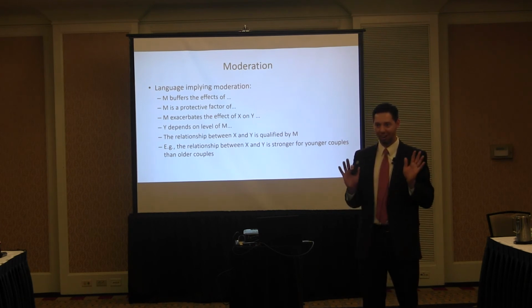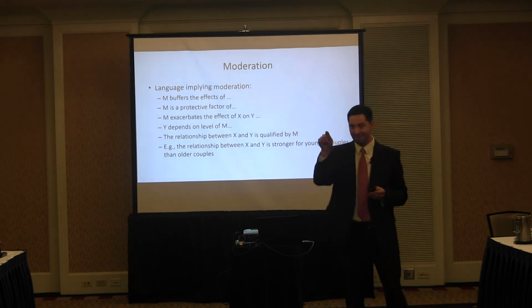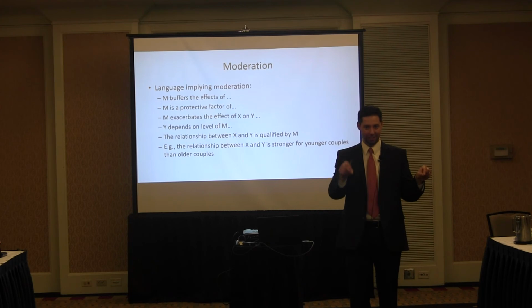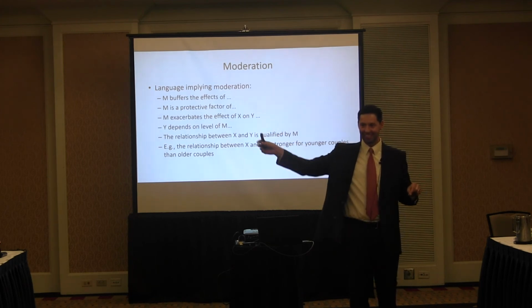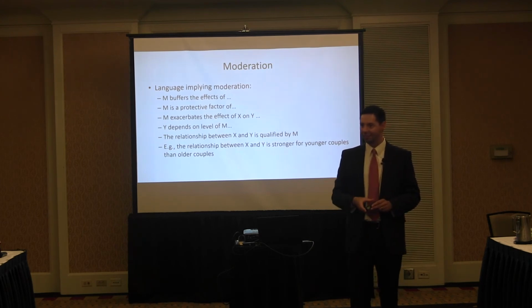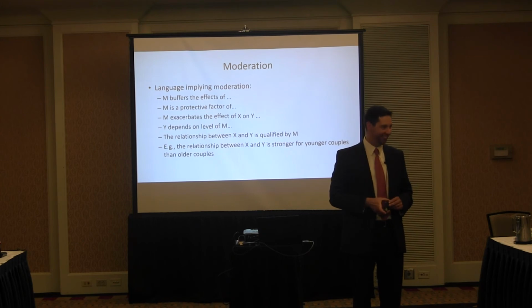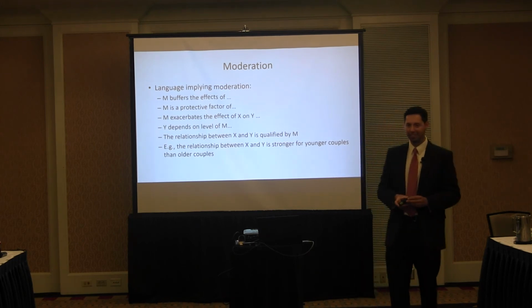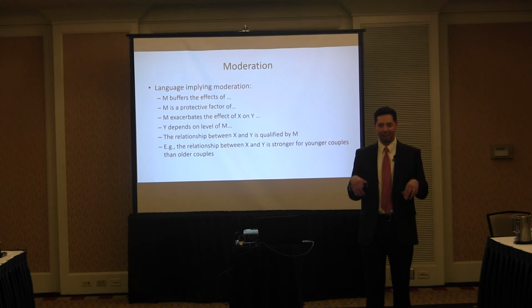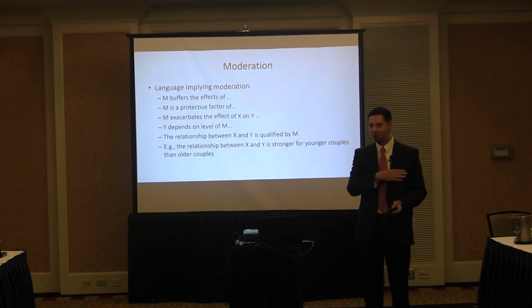It would be really wrong, and it's really a lie, to say this protects, this reduces the risk of, this helps for the. It just means this predicted that, and that, just like the Frisbee from here to here to here to here. So please, with your buddies, if you see them slip into that when you're drafting papers, help them. Edit them out. When you, as a reviewer, please don't let any more things get published in JNFT where they're wrong. Honestly, it actually frustrates me. I try to stay calm as a reviewer, but like, you totally tested the exact wrong thing. And you're talking about it wrong the whole way through.